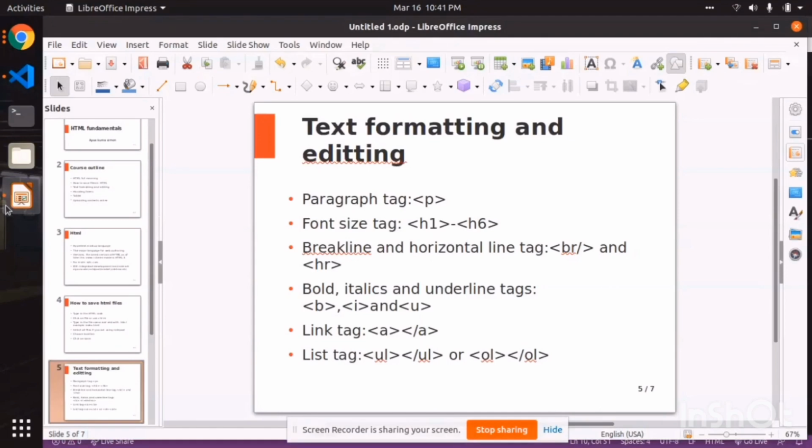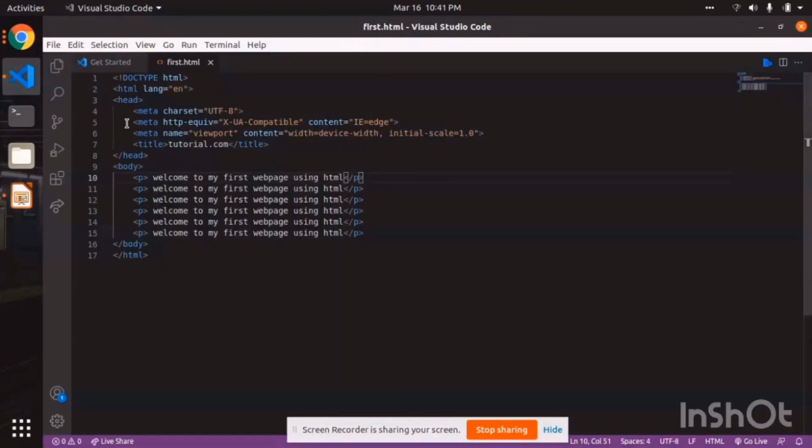Now let's see the font size tag. Font size tag is just a tag that is used in HTML to give font size. So it ranges from H1 to H6. H1 is like the biggest font size, while H6 is like the smallest font size. So let's see 1, 2, 3, 4, 5, 6. All right, so let's change this P to